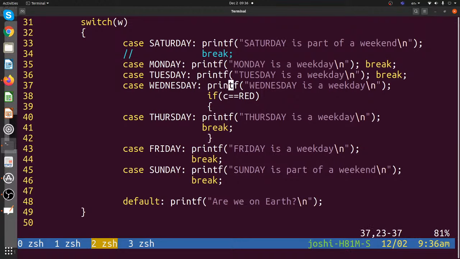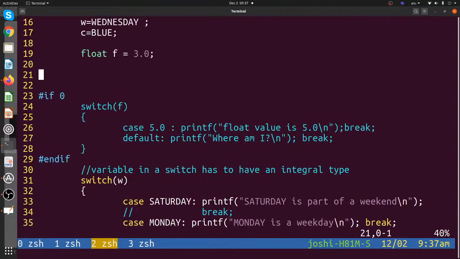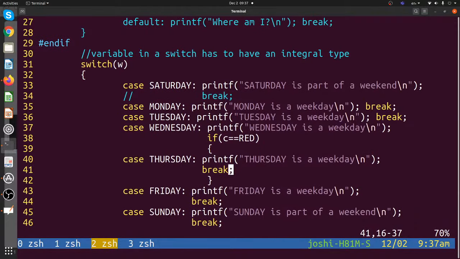But I showed you that this is a very ugly code that can be written. Even though it is legal in C, it should never be done. For example, during your assignment, if you try to do it like this, you will be penalized, because programming is not only about writing code that works. It should also be about writing code that is maintainable and readable,